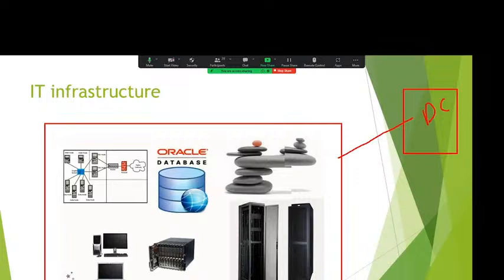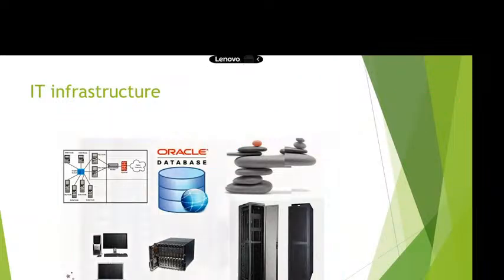For example, you have one organization and you got one project where you would like to build 5 servers. To build 5 servers, what do we have to do? We have to verify whether space is available in the data center. Once space is available, we will rack the servers. Then we will start building all these 5 servers from scratch. That is the data center. This is the exact picture of a data center.